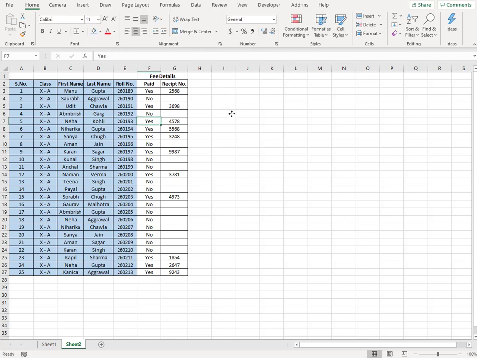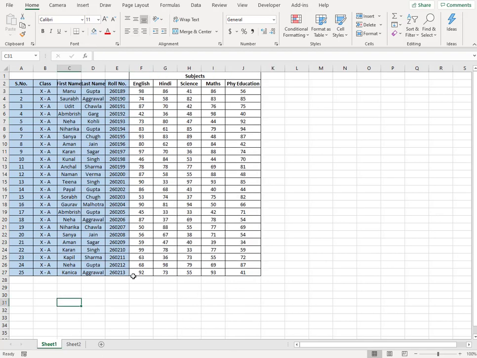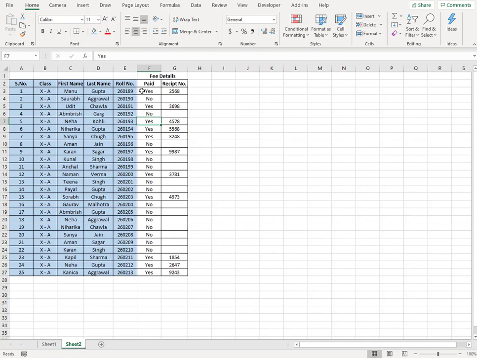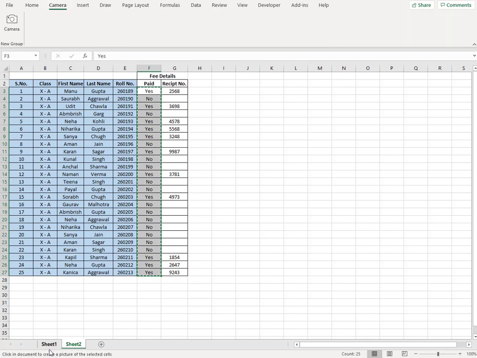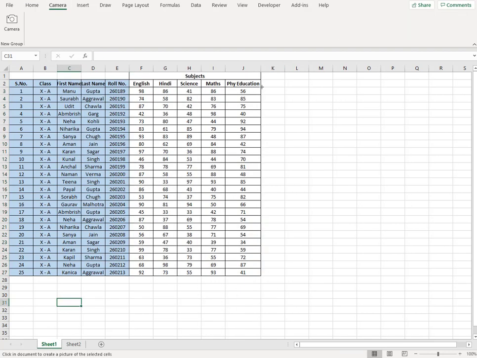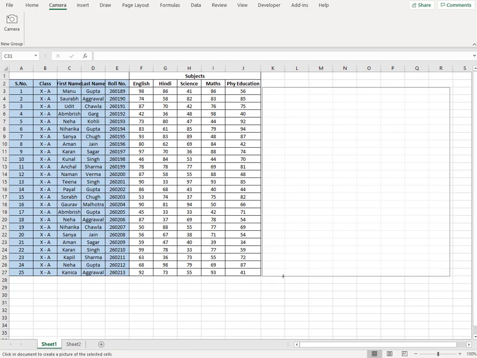Another benefit of the camera is, for example, we had two sheets and this is some data, and in this sheet you want to see the details of whether the child has paid the fee or not. You could select all this data, go to camera, select the camera, and then come to the other sheet and paste the data here.